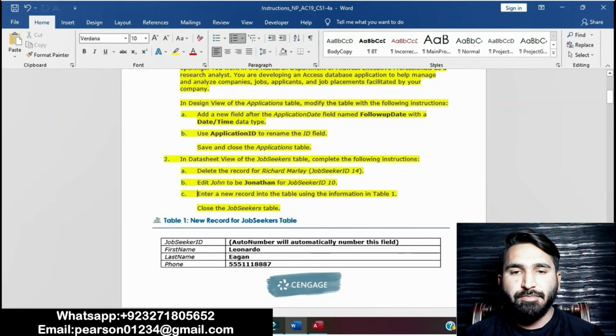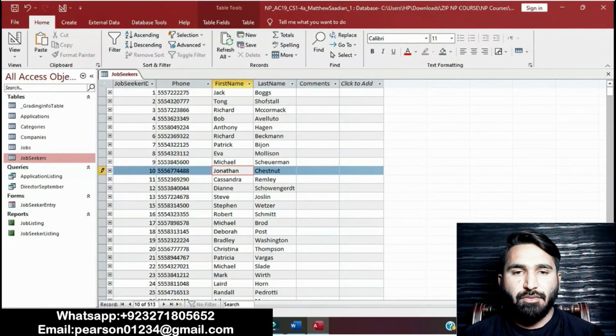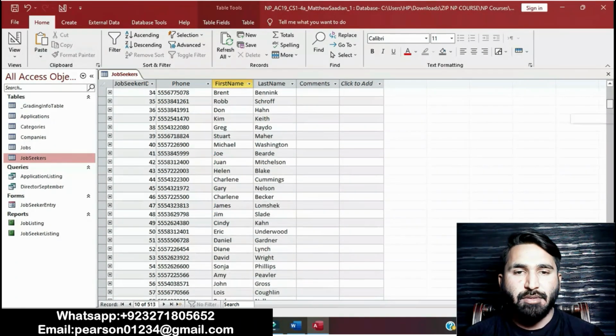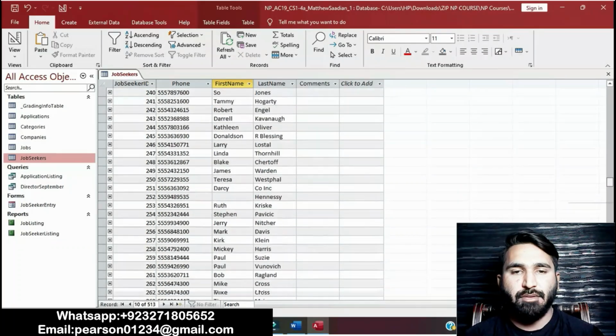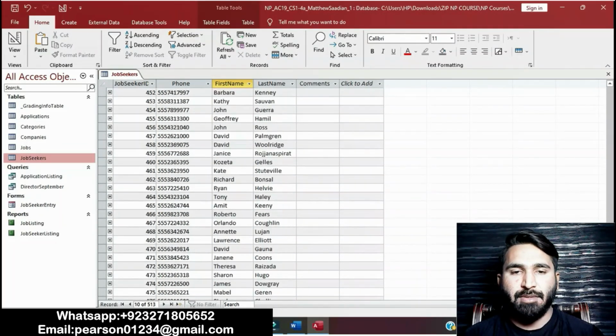Enter a new record into the table using the information in Table 1. First name is Leonardo.